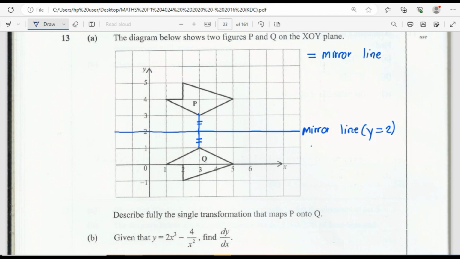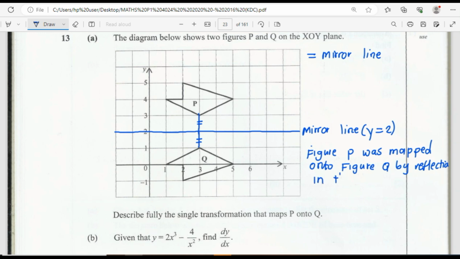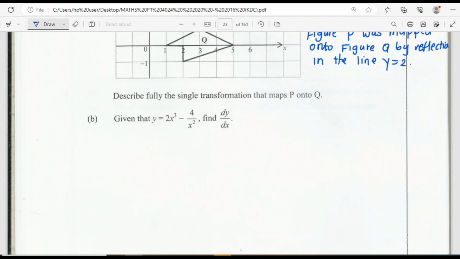So say triangle, it's not a triangle, we'll just say figure P was mapped onto figure Q by reflection in the line y is equal to 2. You have it. Then we go to